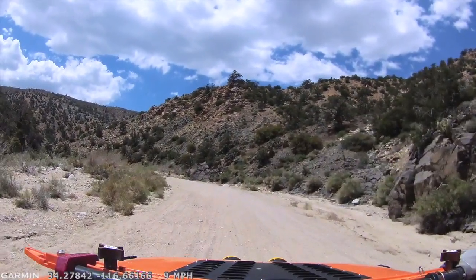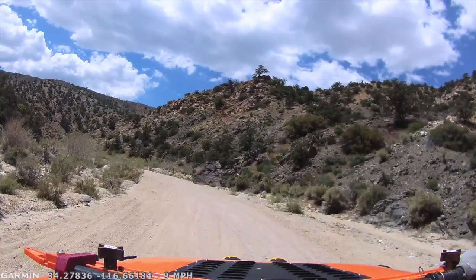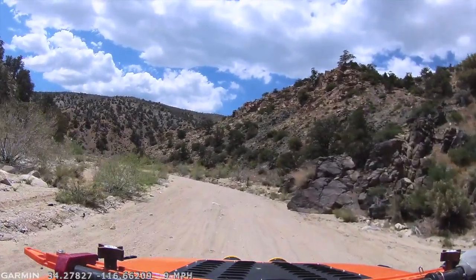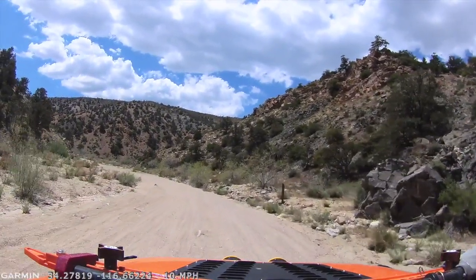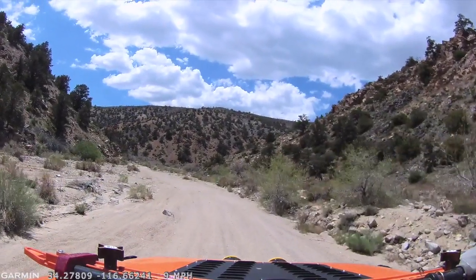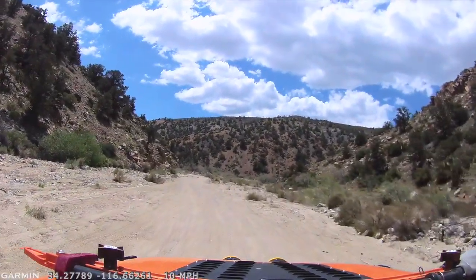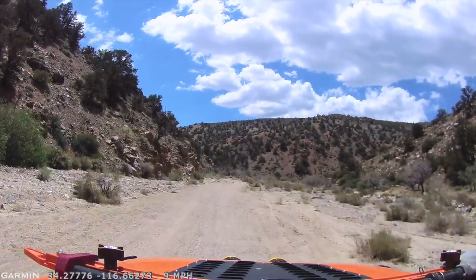We dressed appropriately because it's hotter than heck, but we also have jackets and blankets so that if we should get stranded here overnight, the worst case scenario, we wouldn't freeze to death. It probably won't get down to freezing here where we're at now tonight, but if we were up at the top on the backside of Big Bear, it's considerably cooler up there and it could get pretty chilly at night. So always be prepared, be over-prepared, bring more water than you need, plan on more than you think you could ever use,